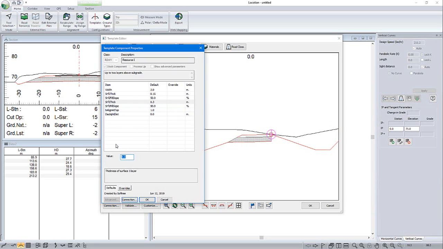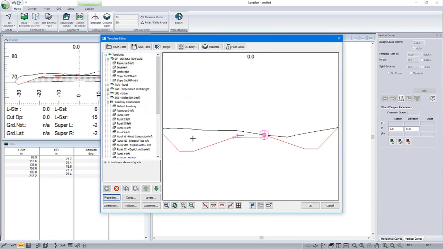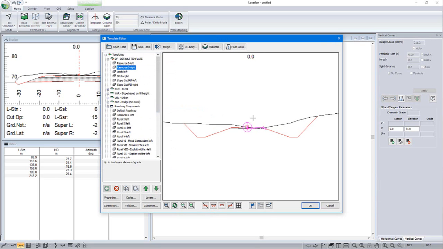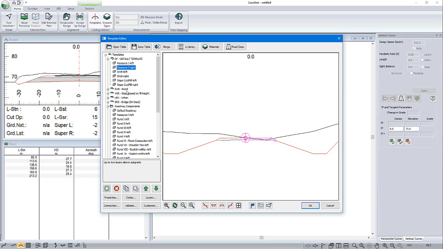So let's change the thickness from 0.3 to 0. I click OK, and for the right side I just copy this component and paste it again on the right, so we have a symmetrical road. And for the ditch,